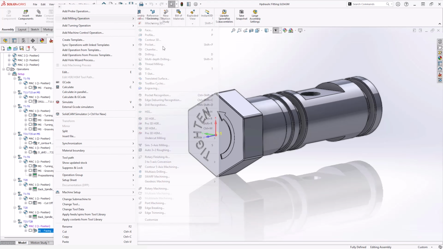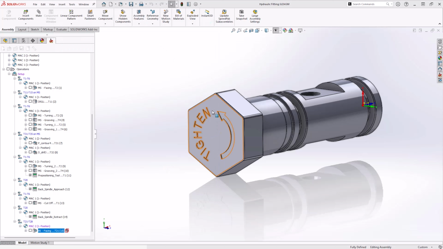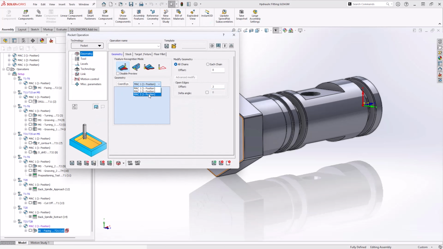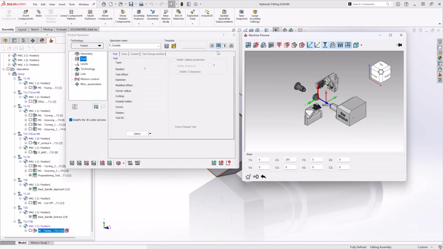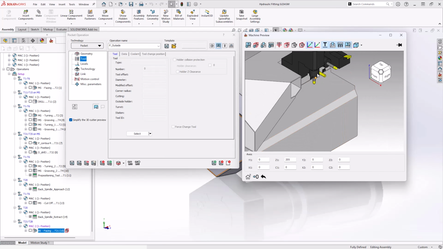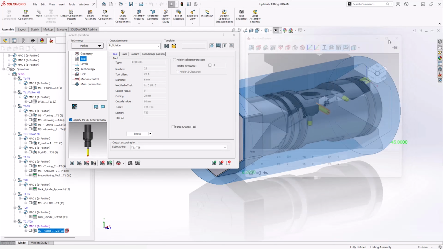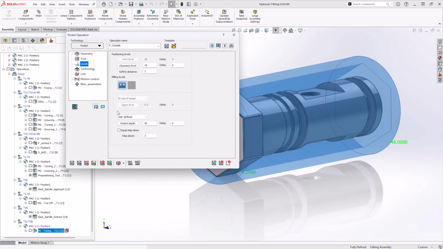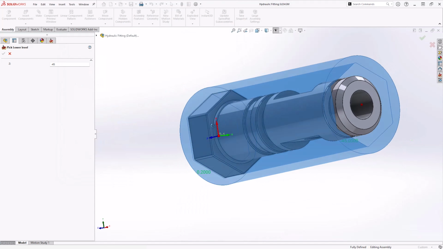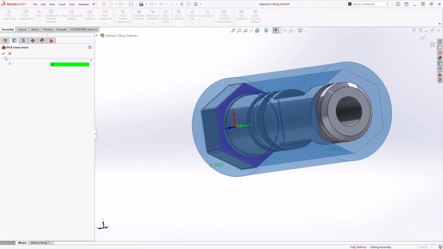We can then also go and get our milling operations. We're going to use pocket. I'm going to use outside feature recognition to go and machine everything that's needed on that hex. Like previously, just because it's on a different turret doesn't mean that we can't use the machine preview to select the tool. And I just may want to edit the depth because I don't want to go the whole depth,